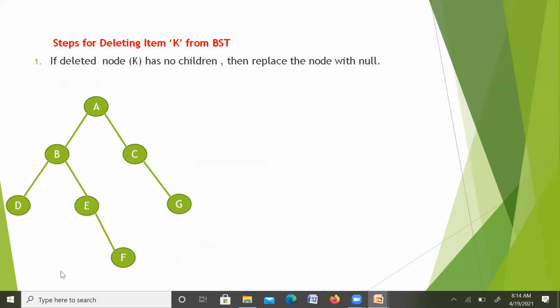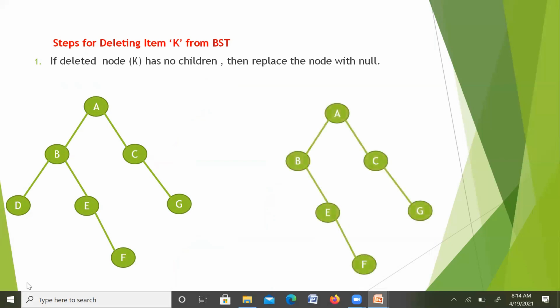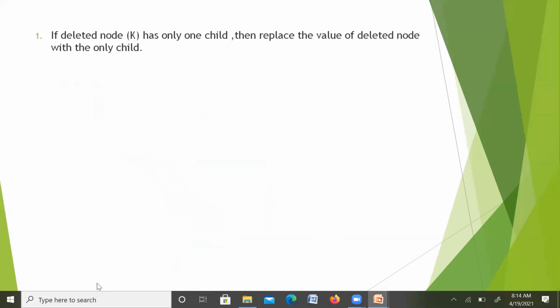So the resultant binary search tree is like this. We directly delete the node D here. Then in the second case, if the deleted node K has one child, then replace the deleted node with its only child.